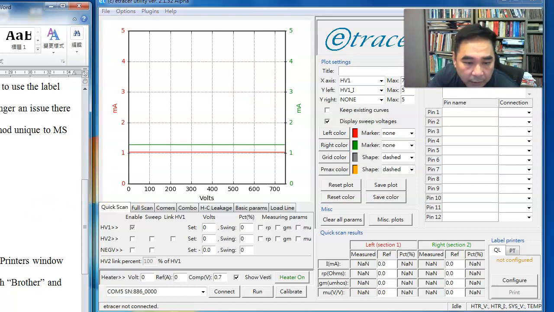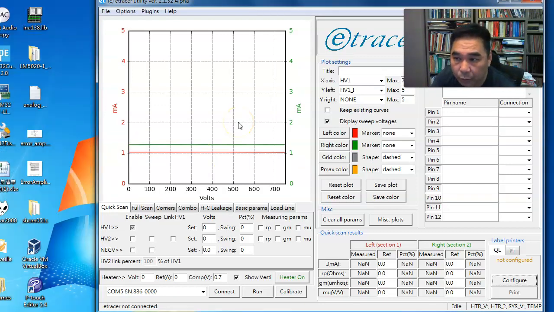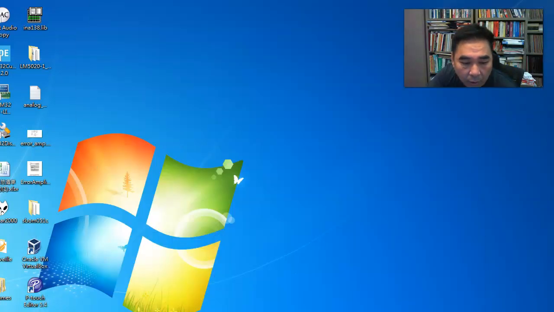Then secondly, you need to install the printer driver supplied by Brother. If you use your label printer with software supplied by Brother, like P-Touch software, and you can print through P-Touch, it means your device driver is already installed. And again, if you are not sure whether or not the device driver is installed, one way to check it is